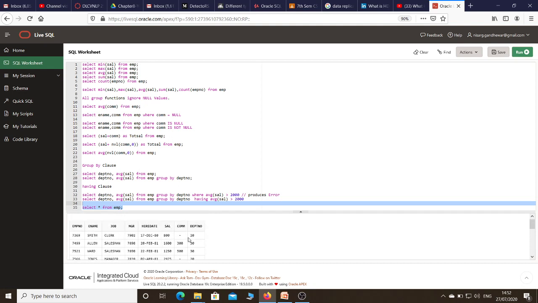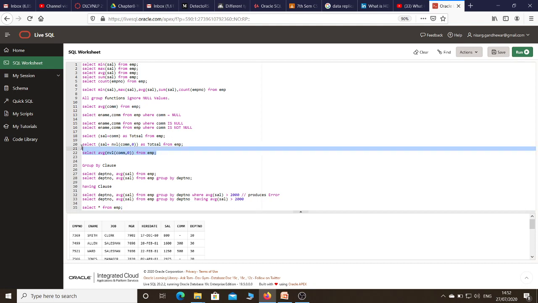Okay, the rest of the employees are not getting commission. So I will just execute this again. I got the output 157. So 157 is the correct output, and the 550 that we got is a wrong output, because in that case it considered only 3 employees, but in this case it will consider all 14 employees.